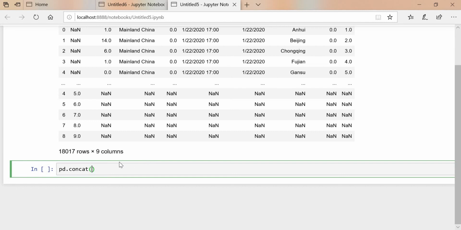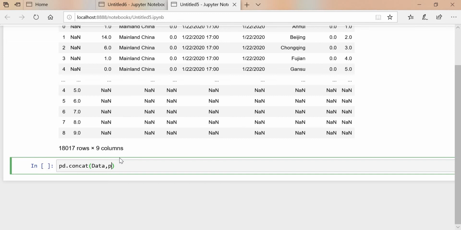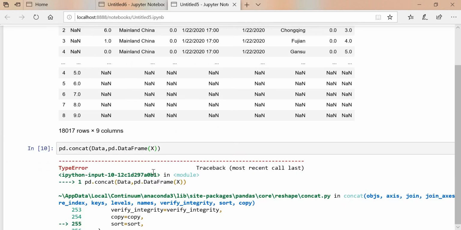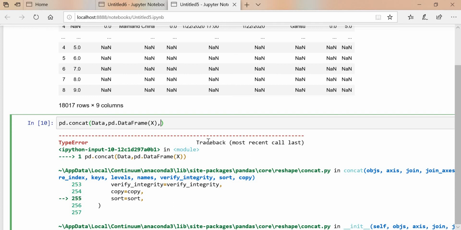So where we have to add the column in the data, comma, then we have to pass this x. We cannot pass x directly, so first of all, we have to make a pd.DataFrame, then we can pass this x. Once you execute, we have to give axis equals to 1.